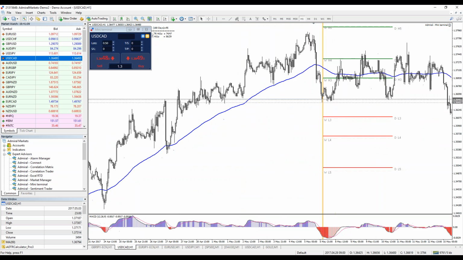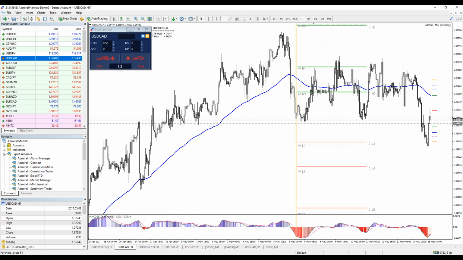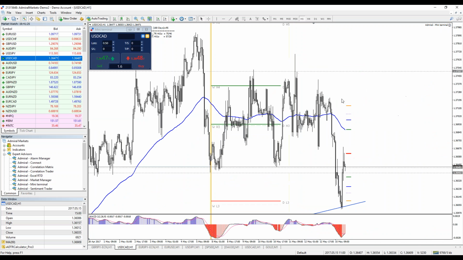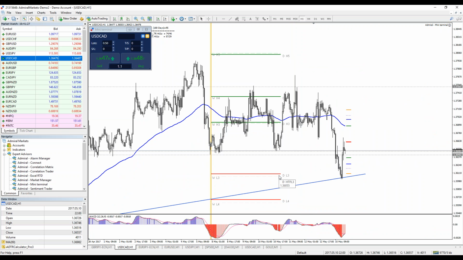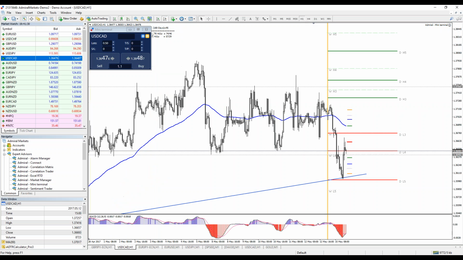Here you see it's in an uptrend. Then we had this consolidation phase. So this might be a fake out because the price is in the POC zone at this moment. And also, now I will show you, it is already touching. Yes, you see, this is weekly, daily, and this is now L5, daily L5. So if the price keeps going up,